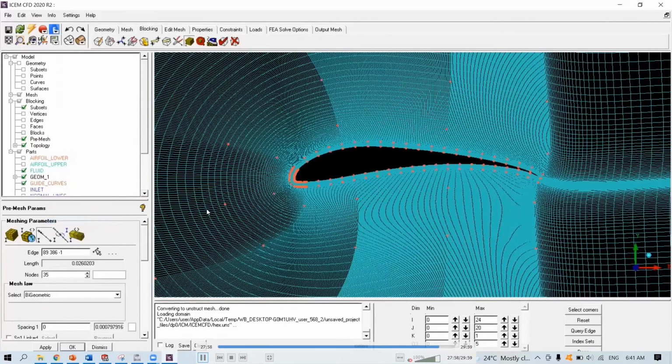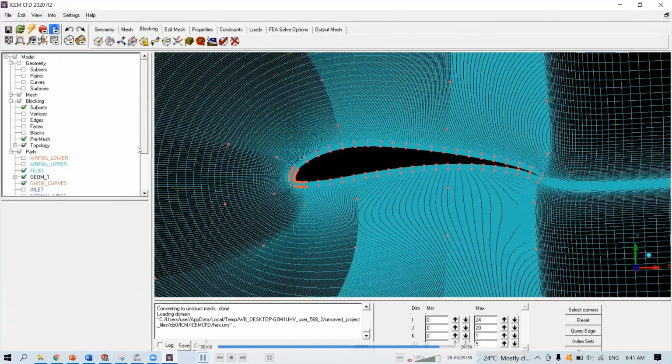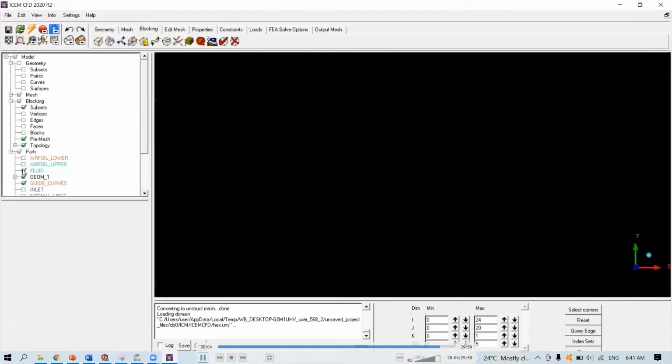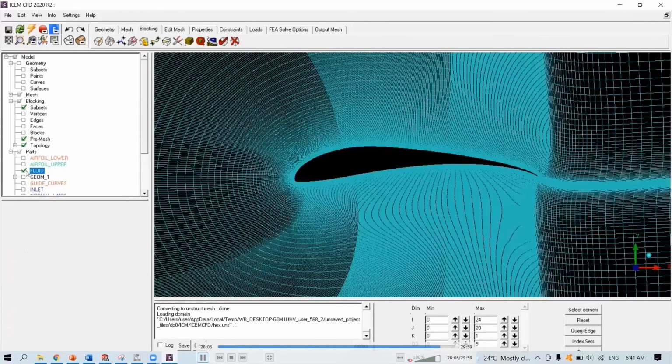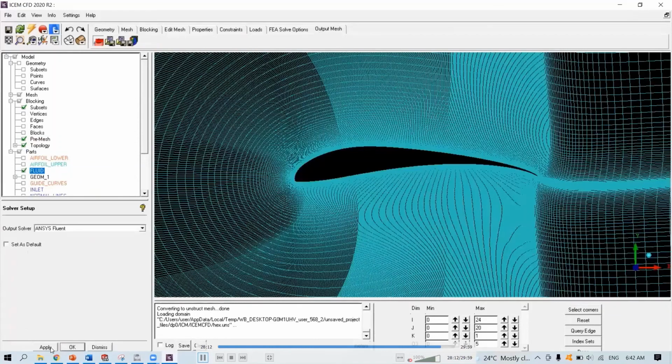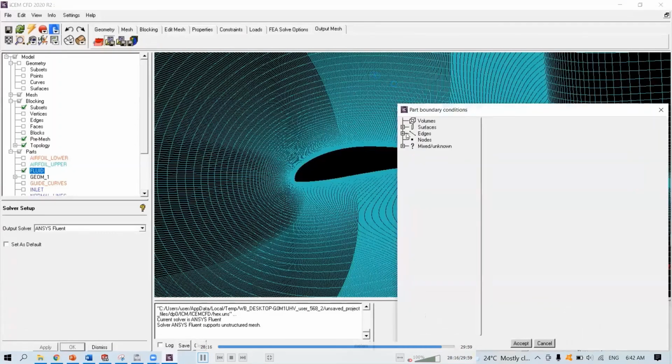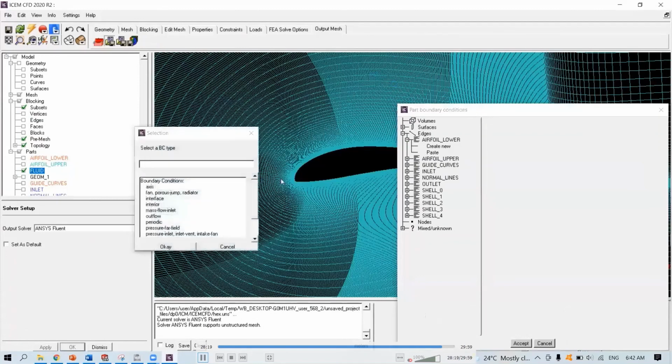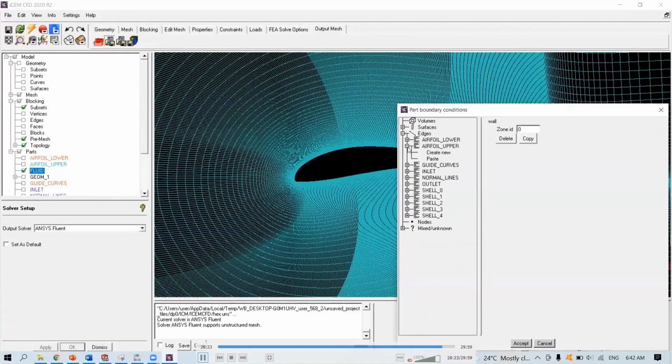You just convert to unstructured mesh, then output mesh, like the first one. Your solver setup is ANSYS Fluent, then you can change your boundary conditions. Your airfoil lower, set it as wall. Same thing for your airfoil upper.